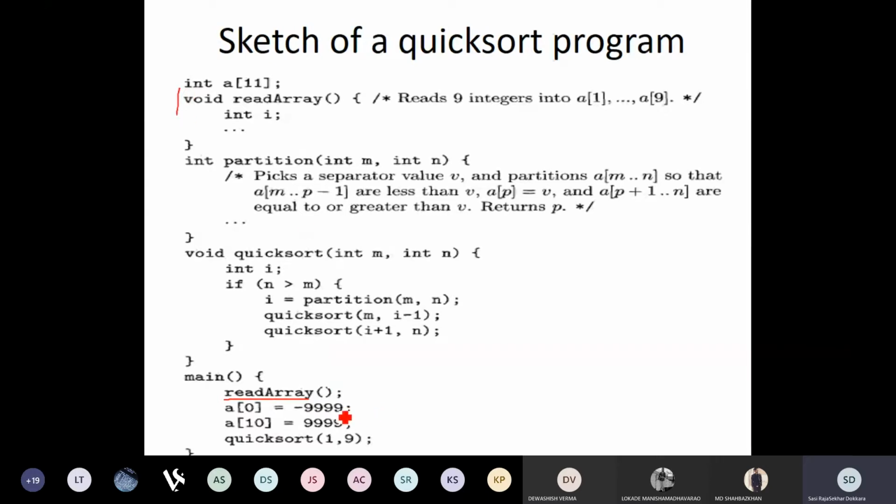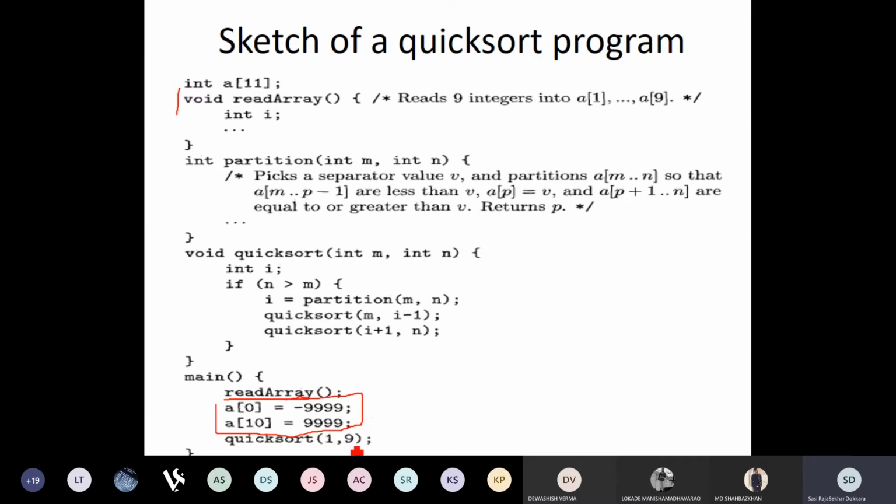Once the array is read, the main function sets 2 more elements: a of 0 is going to be minus 9999, assuming that is the smallest possible number in the array, and a of 10 is going to be 9999, supposing that is the biggest element possible in the array, even after sorting.